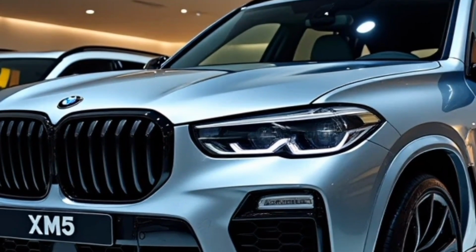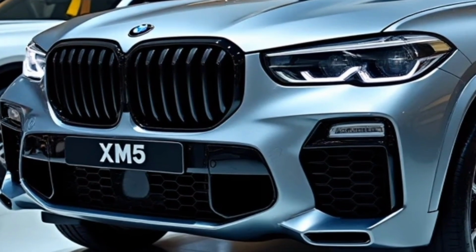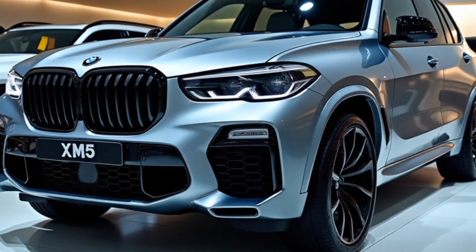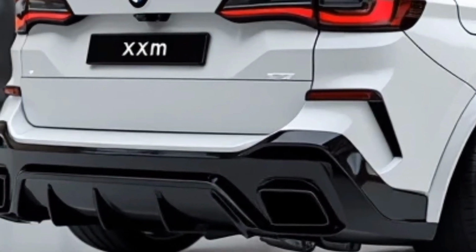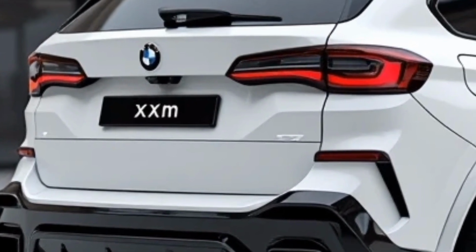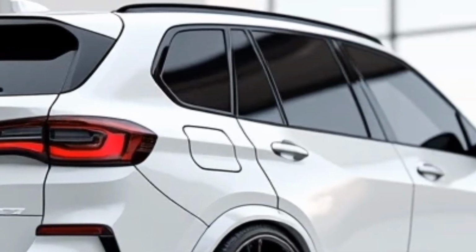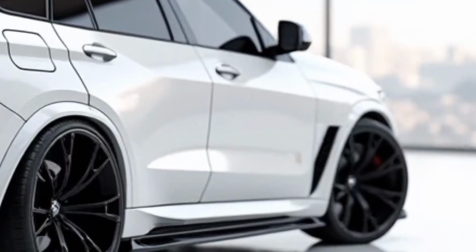While this SUV is built for performance, it doesn't compromise on comfort, making it a practical choice for those who want both power and everyday usability. For 2025, BMW has fine-tuned the X5M with subtle updates that enhance its overall appeal. The refreshed design, improved tech, and refined driving dynamics make it an even more compelling option in the high-performance SUV